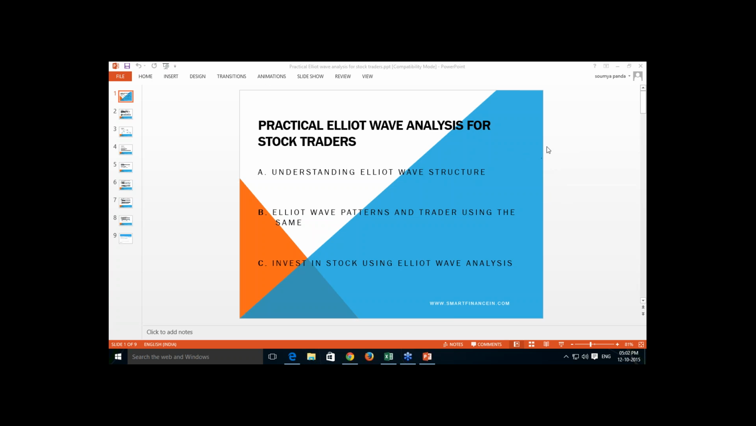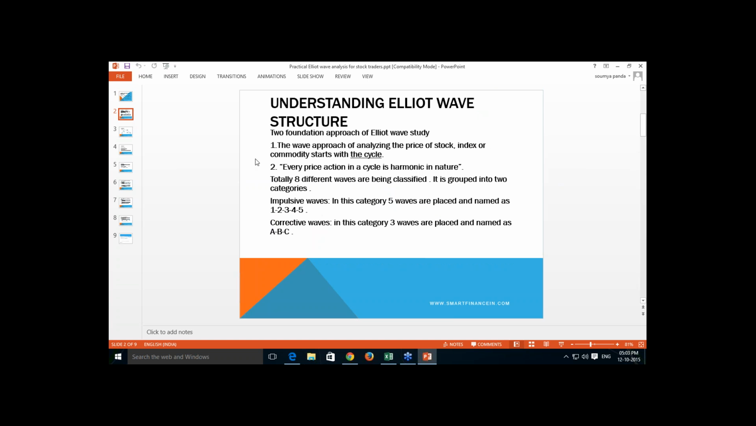So what this study says, why it is different from other studies, and how we can utilize this Elliott's principle for our trade benefit. These are the things we are going to learn. So the foundation of this particular study of Elliott wave stands on two approaches. One is